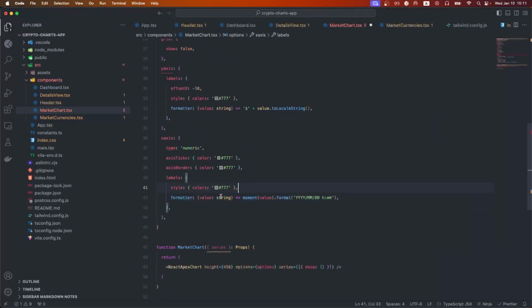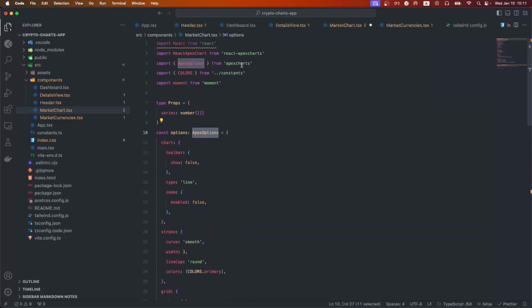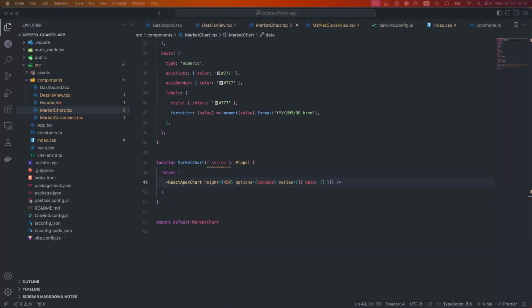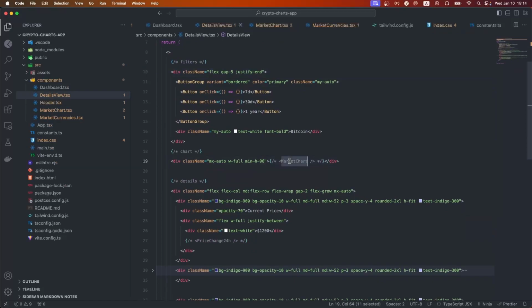And also we're going to remove these two types and add the ApexOptions type from ApexCharts, so we can have full type safety here. And now let's add a couple of data points so we can test our chart component. And we'll also need to add this to our details component. So here,